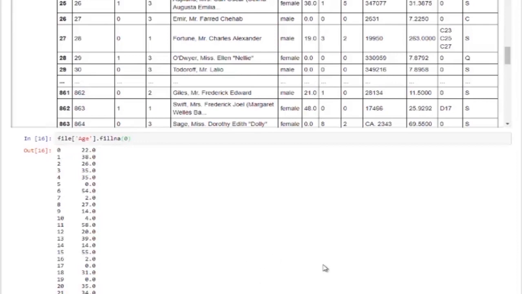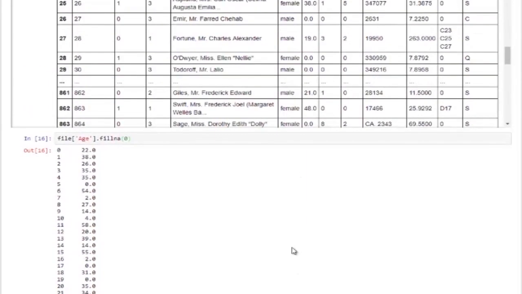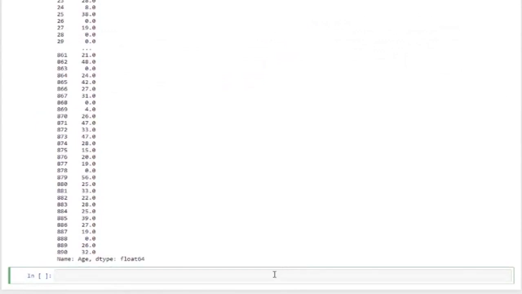Now what if you want to impute the missing values with the mean of a column in case of a continuous variable? Since age is a continuous variable, let's impute the missing values in the age variable with the mean age. So similar to before, first of all we'll access the age variable, then we'll use fillna since we'll be filling the NAs.